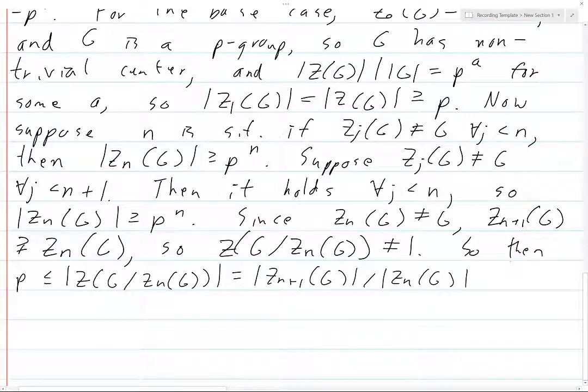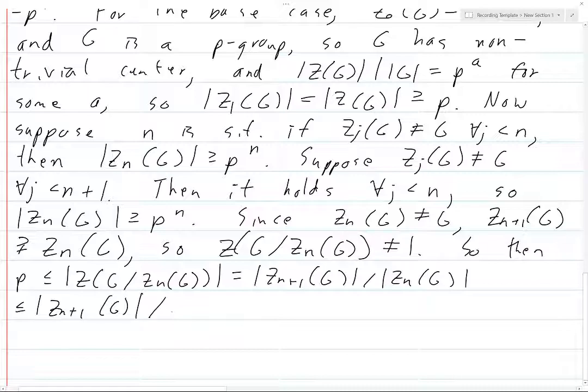This equality was by definition, and now for this one we use our inequality that |Z_n(G)| is greater than or equal to p^n. Because we're taking the inverse, we flip the inequality sign, and so we have p^n. And so moving this over to the other side, |Z_{n+1}(G)| is greater than or equal to